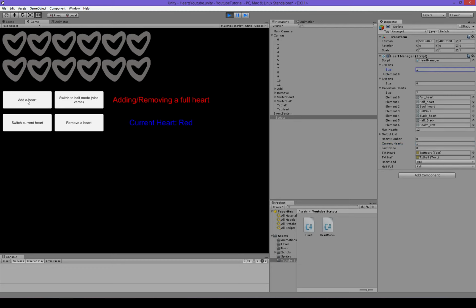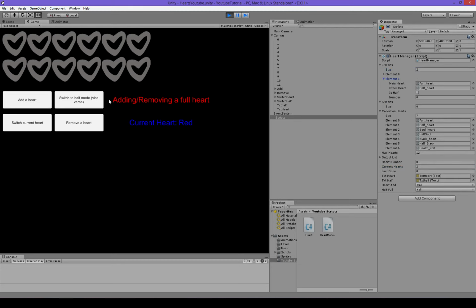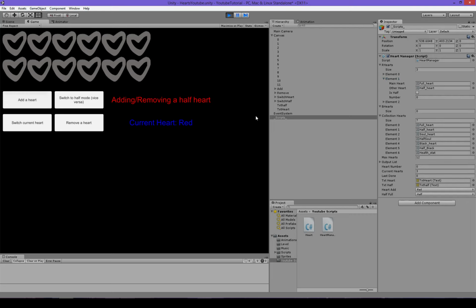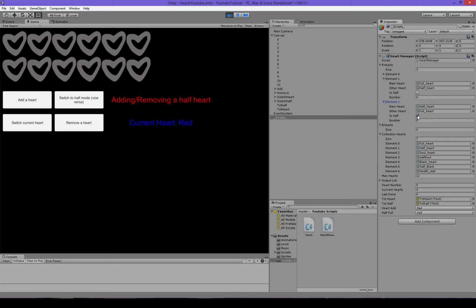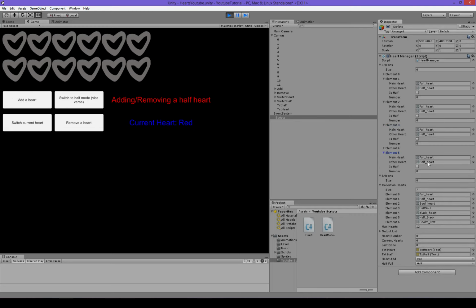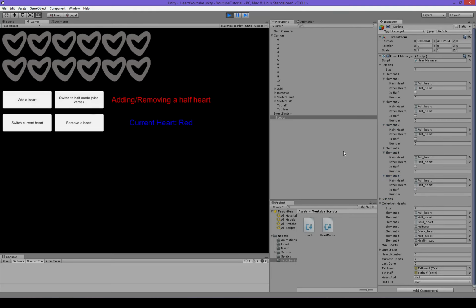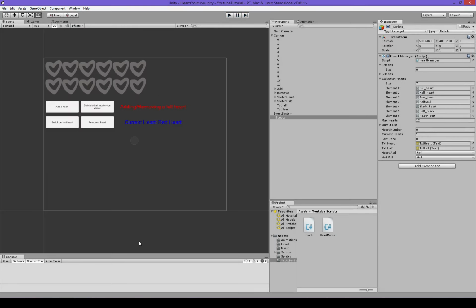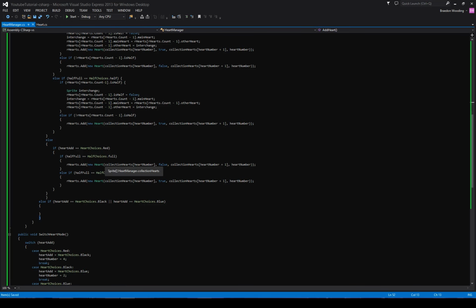So just ignore that one, but if we add a heart, we'll get a new heart. With all our detail, if we move heart, obviously that won't work. If we add a half heart, we see it's clicked as is half. As you would have seen. Okay, if we add a heart, we get a half heart, and if we add another heart, this will fill up. Right, so you'll see a visual representation of that next time. I know that was a bit weird